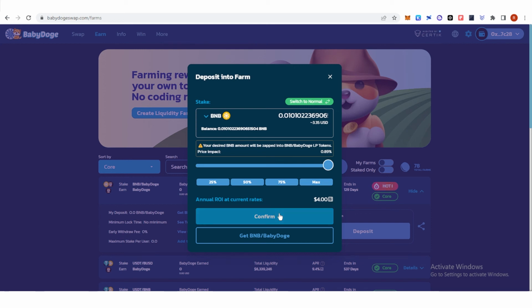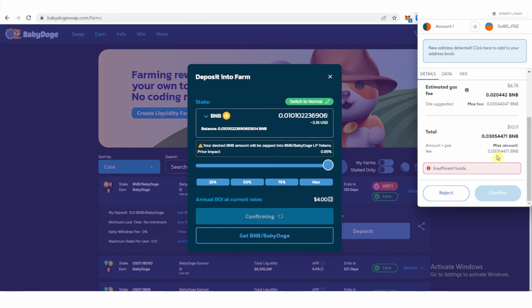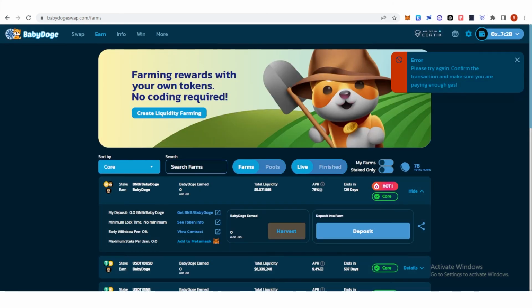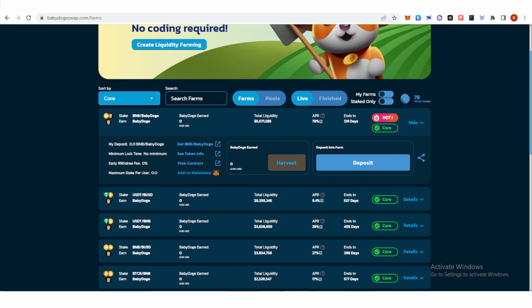then click confirm. But since I have insufficient funds, I will not be able to confirm this, but you will need to confirm this, and then once you have confirmed this, you will now be able to see your deposit of BNB and Baby Doge pair here in my deposit, and your minimum lock time, you will see it here,